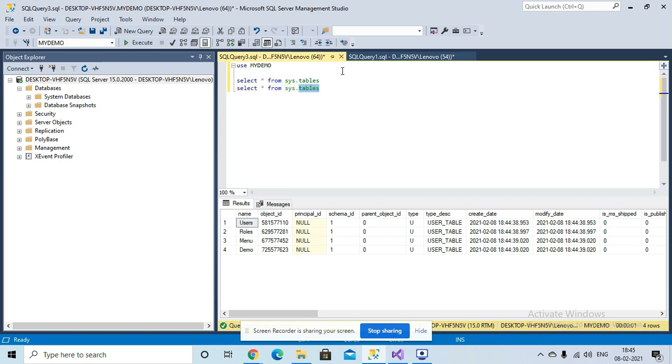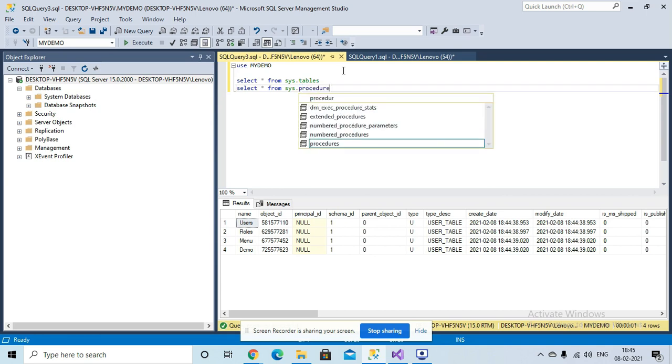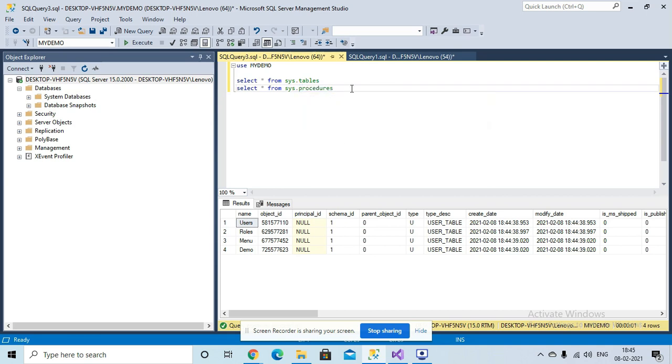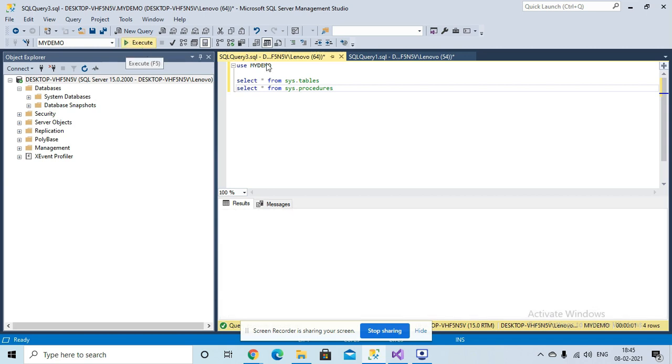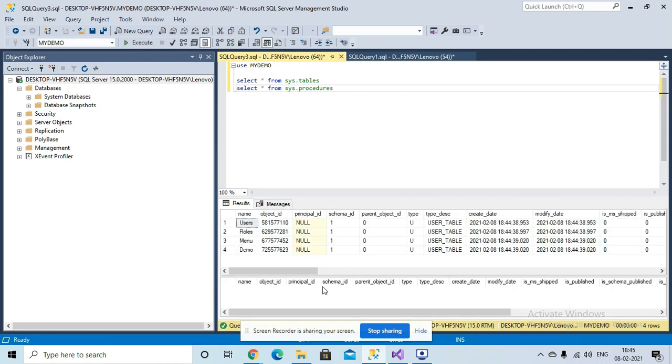And if you look at procedures, if I execute this, there is no procedure there. We have only four table schemas.